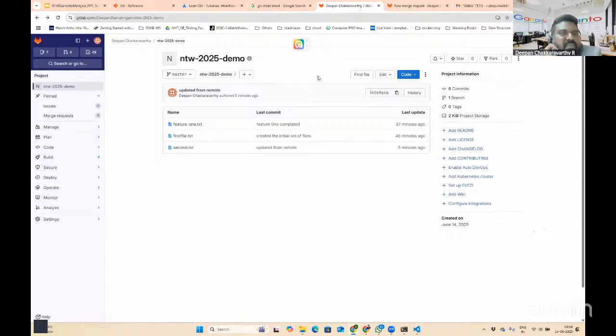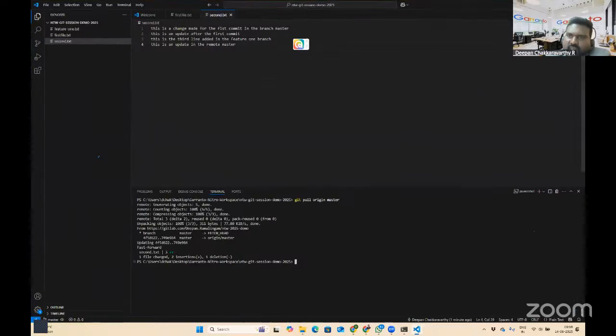Typically all these MVPs, minimal viable products, open source products, they are available as public repositories in GitHub, or rather GitLab. For instance, this VS Code that we were working with, this editor itself, the source code, you'll find it in GitHub.